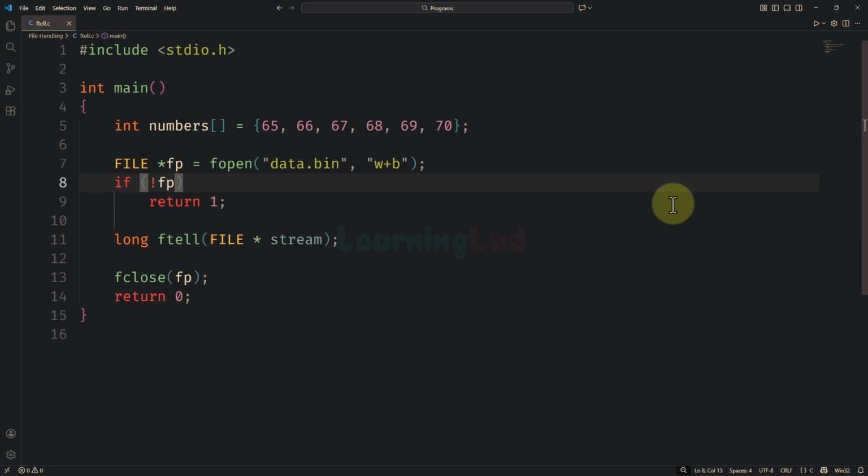By the end of this video, you will understand what the ftell function is in the C programming language. The ftell function tells you how many bytes away the file position indicator is from the beginning of the file. If you talk about the syntax, the name is ftell. We have to provide the pointer to the file stream and it will return how many bytes away the file